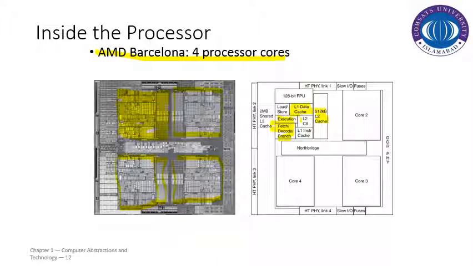So we have got the L1 instruction cache and L1 data cache here, and some control mechanism here, and we can see the L3 cache that has been shared here, which is 2 megabytes. So this setup is replicated here, here, here, and here in order to represent the 4 cores. So we've got 4 dedicated processor cores in order to perform specific operations in a single chip.